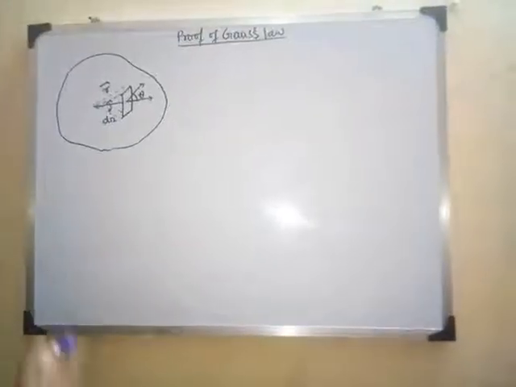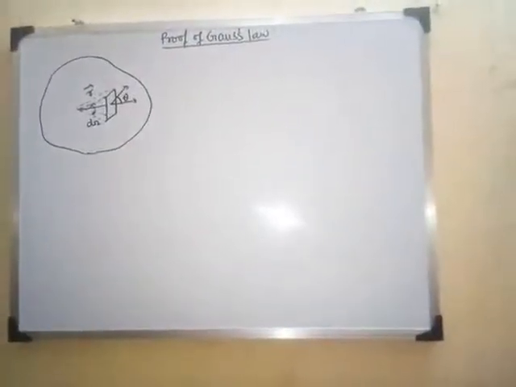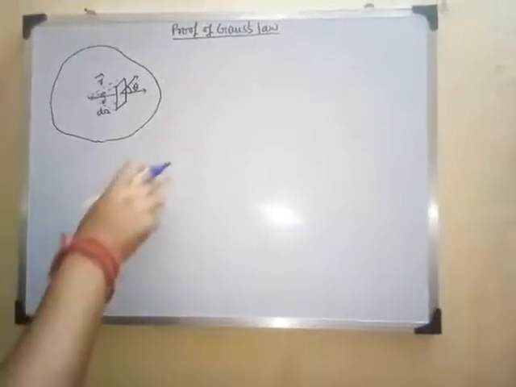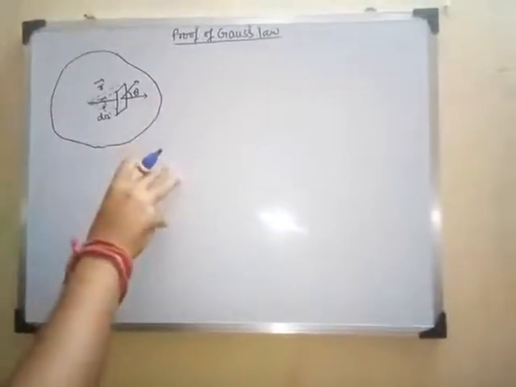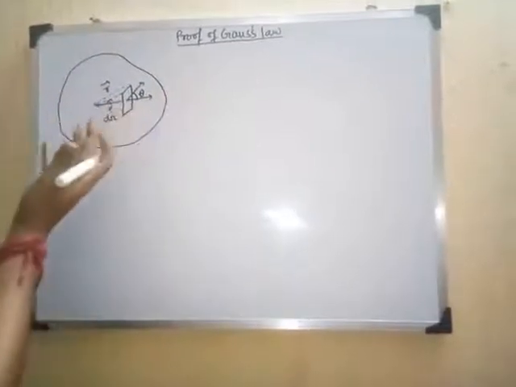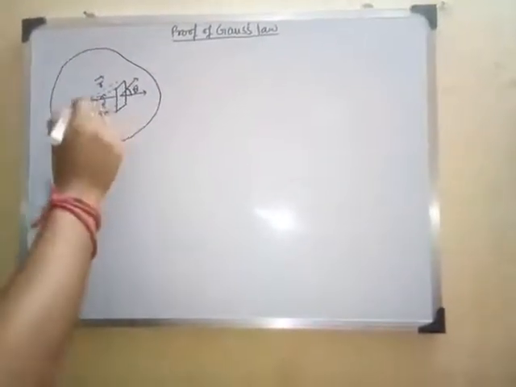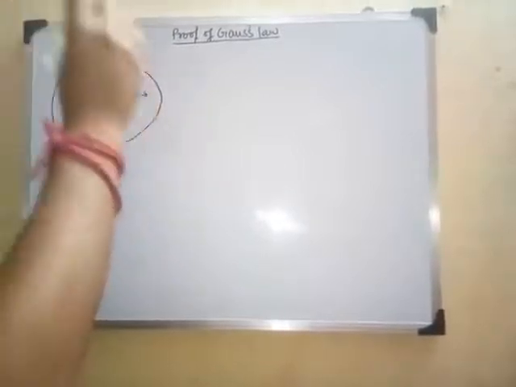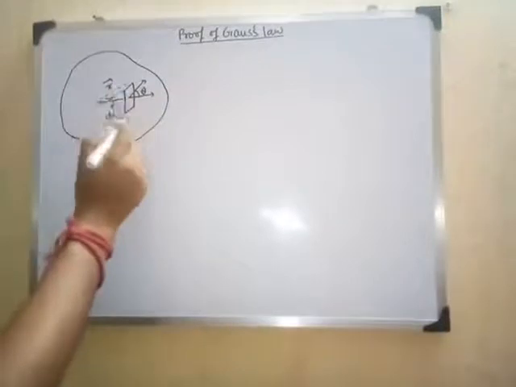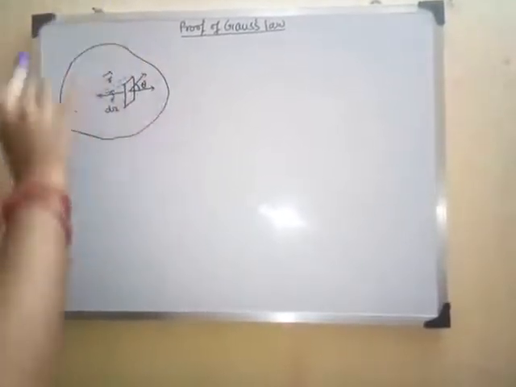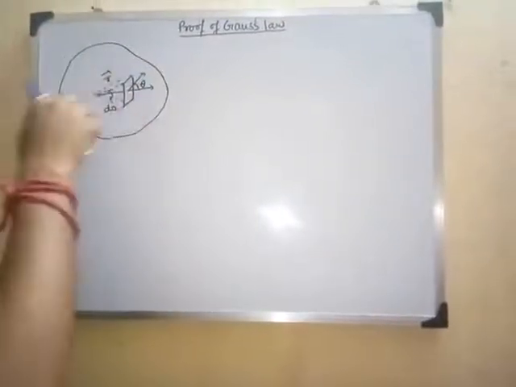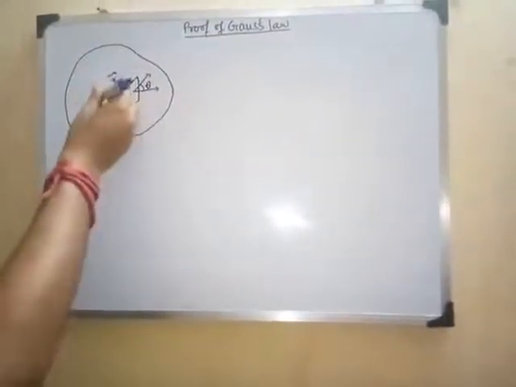Now we are going to discuss the proof of the law, that is, we are going to prove whatever we discussed in Gauss's law. I have drawn a figure. In this figure you can consider a 3D figure, a spherical kind of volume, where this is the line of flux coming out from the origin of the volume, and this rectangular surface I have taken as any part of the surface of that volume. Since it is a 3D figure, this pen can be in any direction.